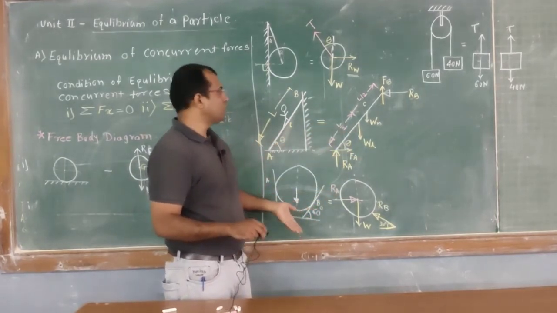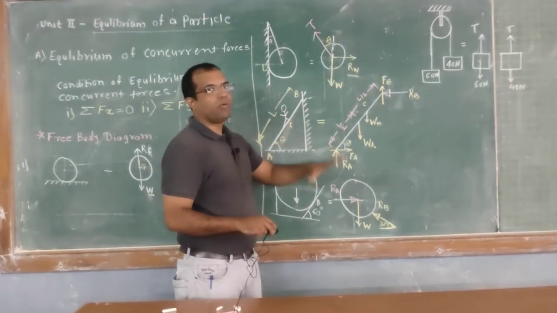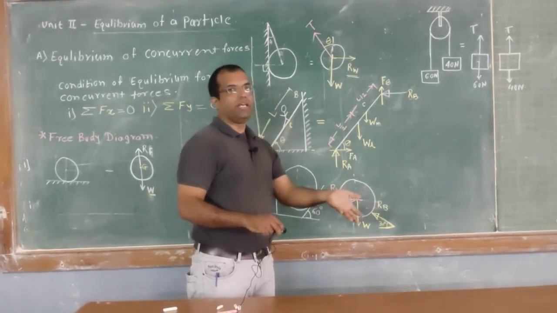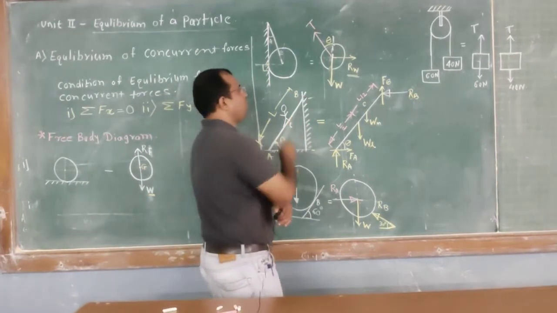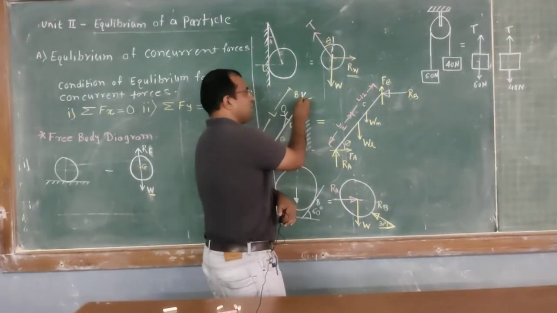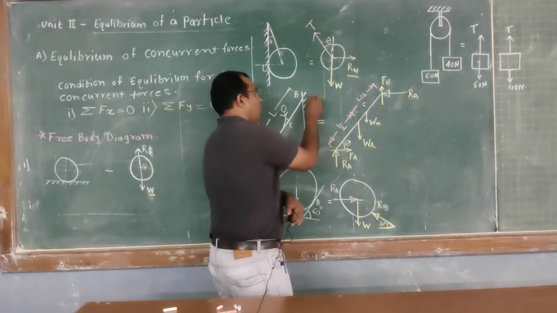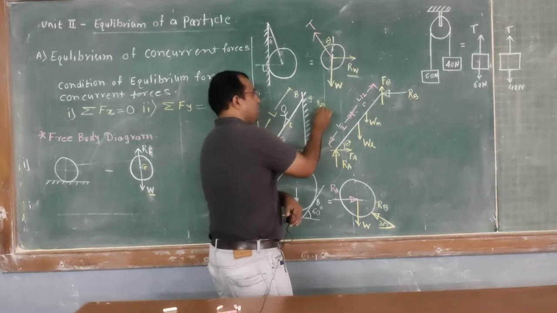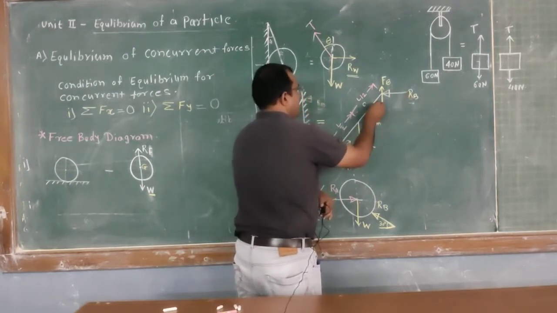So what are the active forces? The forces which are acted by the ladder on the surroundings, and the forces which are acted on the ladder from the surroundings are reactive forces. So let's start from the point B. At point B there is a support offered by the wall on the ladder. So the reaction offered by the wall on the ladder, I can show it by the notation RB. So here is the reaction offered by the wall on the ladder.